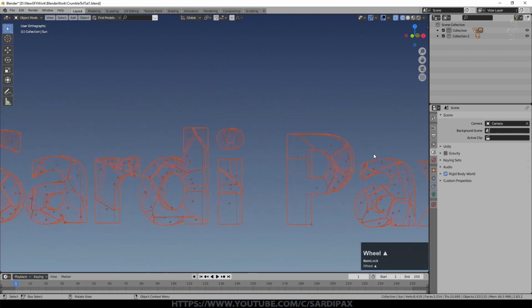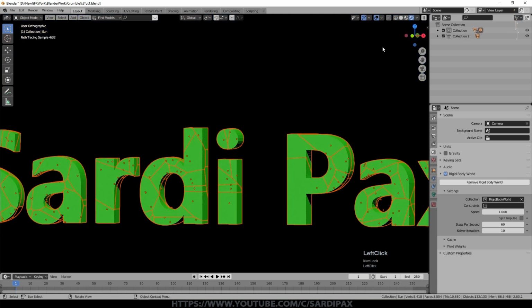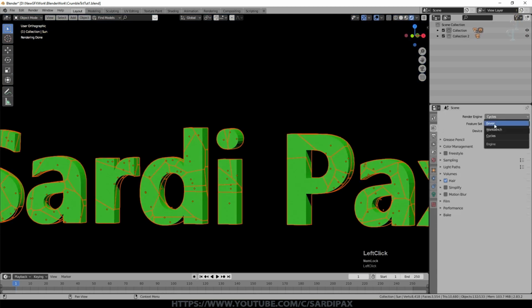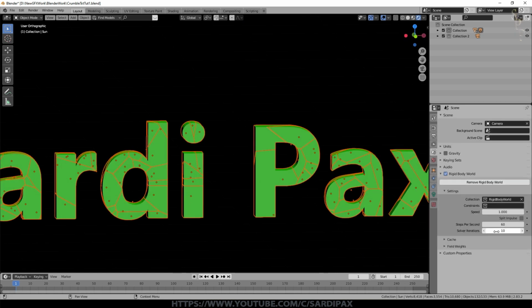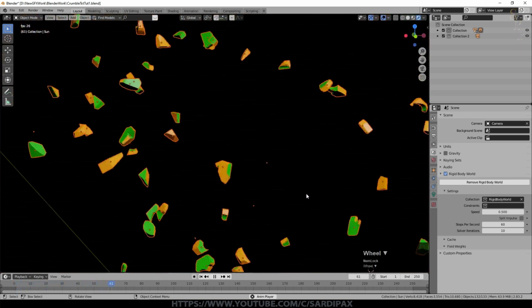So that's step one. We'll now open up the rigid body settings. I'll go back to solid view at this point, and we'll also change to EEVEE mode just to make rendering a bit quicker. And we can look at the settings in here. One of the things I did was I slowed the whole system down. So let's go to 0.5 for the speed. It's still going to do exactly as it was doing, but it does it over more frames now.